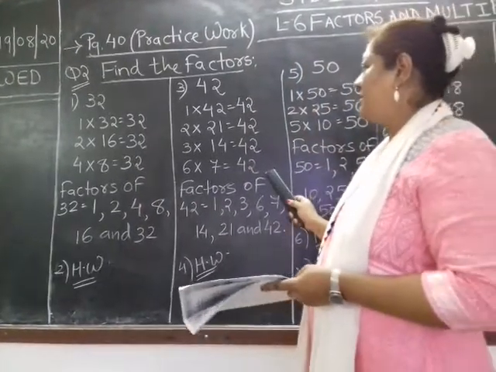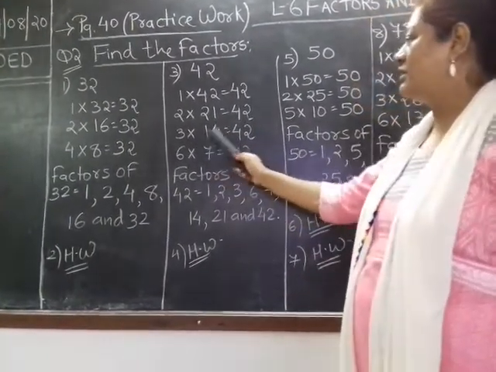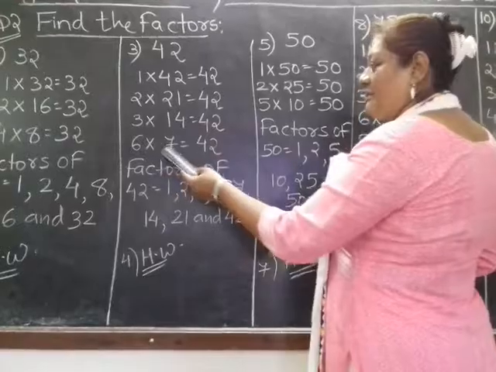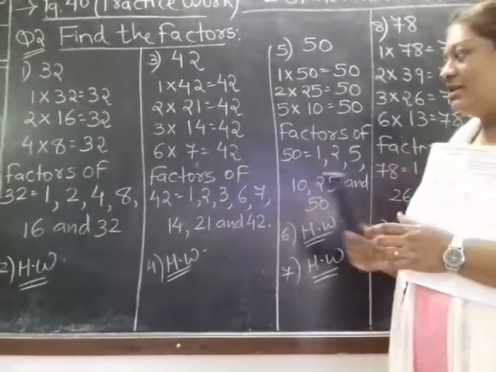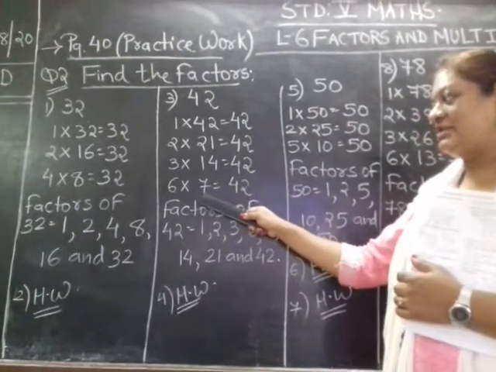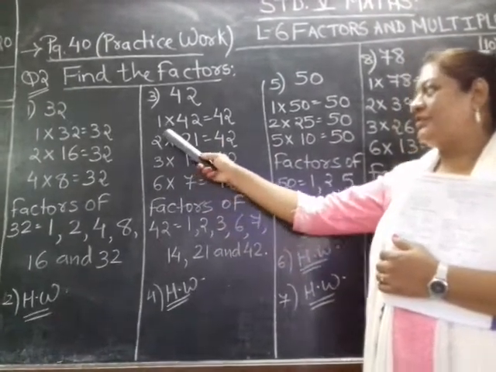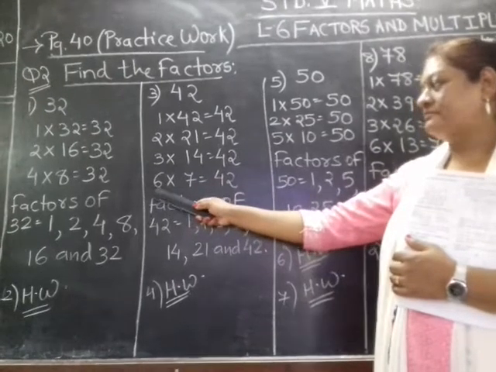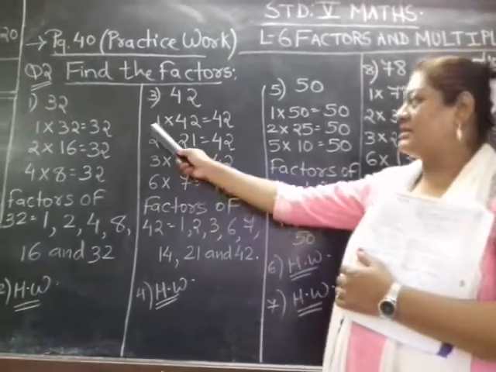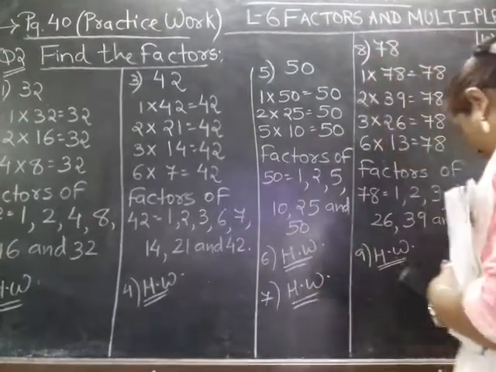The same sum with question number 3. 2 is homework. 42. So 1 into 42 is 42. 2 21s are 42. 3 14s are 42. 6 7s are 42. And after that 7 6s are 42. So now 6 7 and 7 6, reverse numbers had done. So stop where you are having a reverse effect of the numbers. Till then you have to write. After reverse effect, if you are finding out, stop writing because all the factors are included in this. So the factors of 42 are 1, 2, 3, 6, 7, 14, 21 and 42. So 1 is the smallest factor of all and 42 is the biggest factor or greatest factor of the number given.